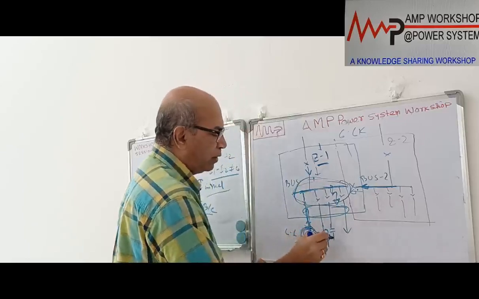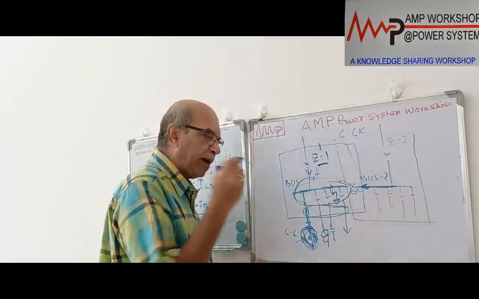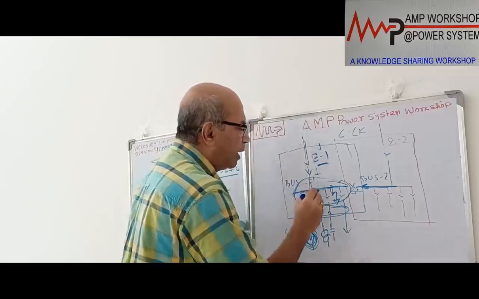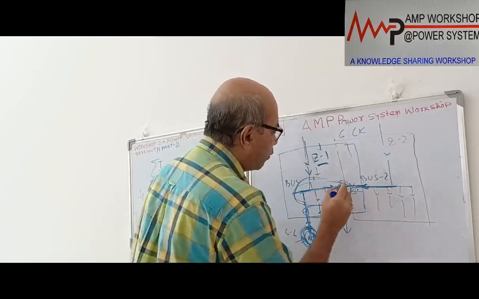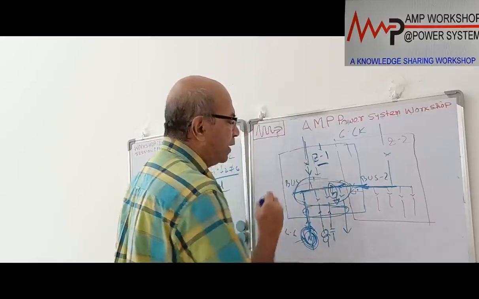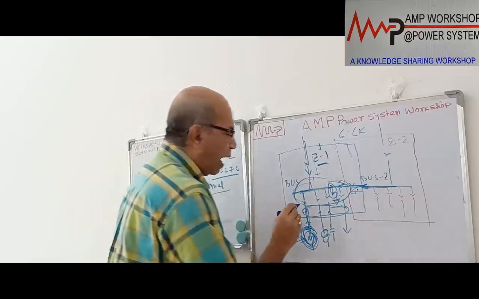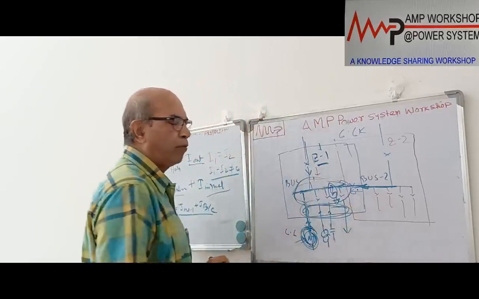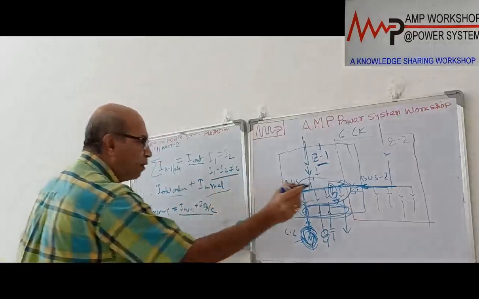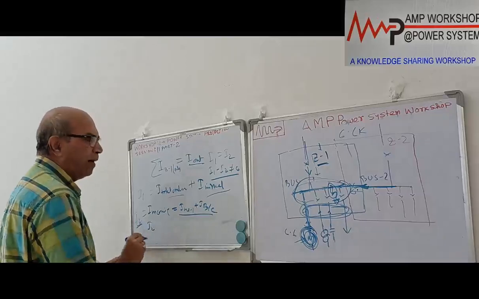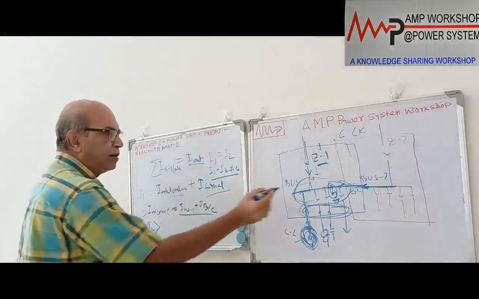So all the loads which have the capability to feed back power will be giving power to the bus bar. The incomer will be giving power to the bus bar. The bus coupler is also giving power to the bus bar. That means all the power will be coming in from different directions. At that moment, the outgoing feeder has no power. Only the incomer has the power to feed the fault. That means when there is a fault on the bus bar, I2 is the only one existing, and that is a very high value because this is fault current.